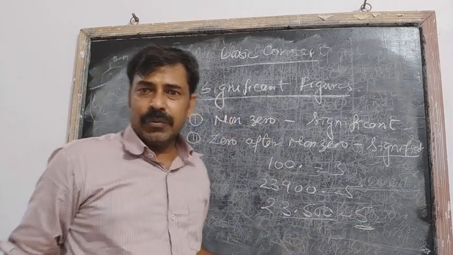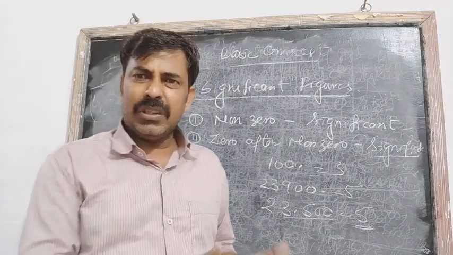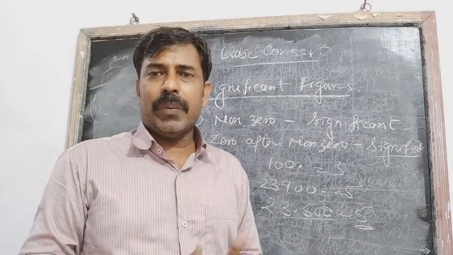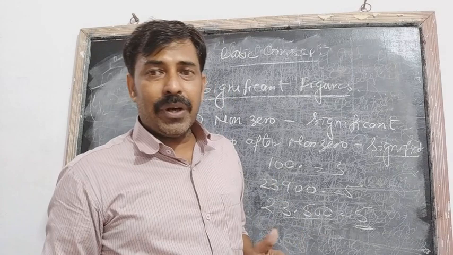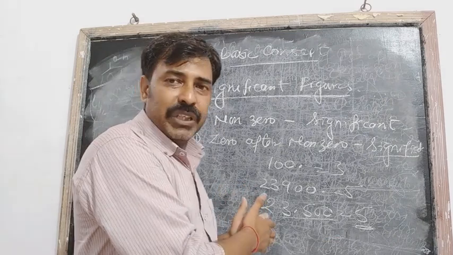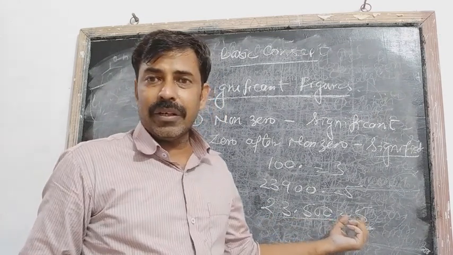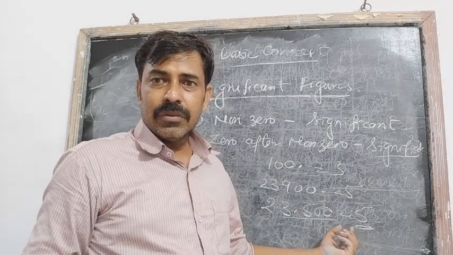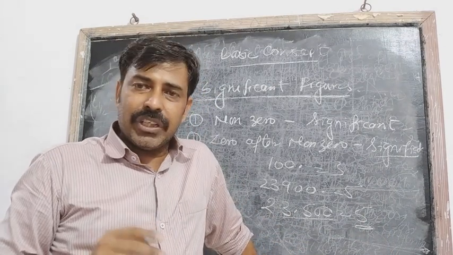Sometimes it gets confusing. Generally in math we consider that these zeros have no value, whether you write them or not, the value will be the same. But actually they are significant figures. They suggest that your measuring equipment is capable of measuring the value up to that condition. If you consider this a measurement in meters, that means if it is 23.500 meter, your equipment is capable of measuring 3 digits after the point. That means your equipment is this much efficient in measurement.